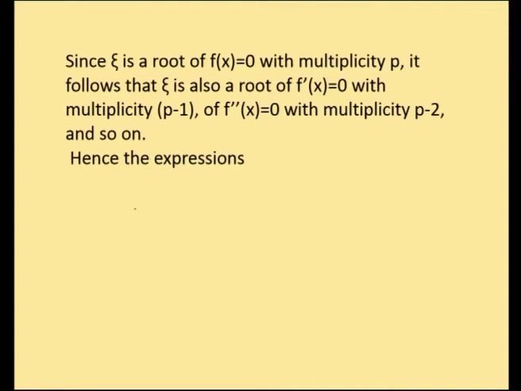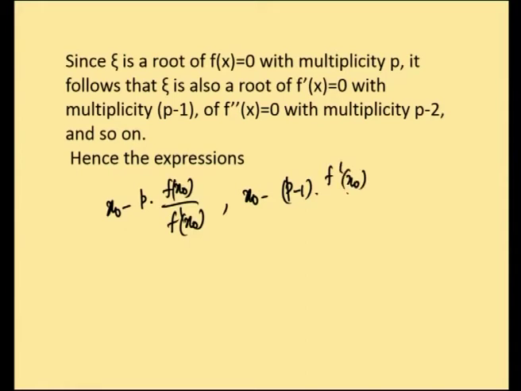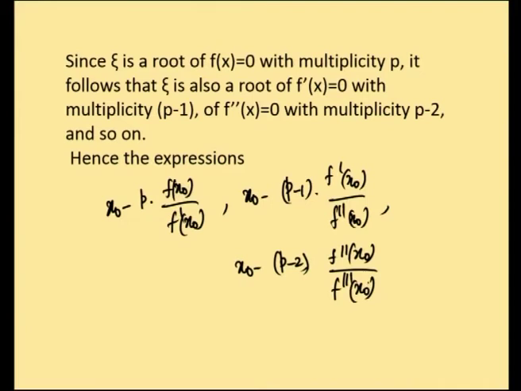Hence, the expressions x naught minus p into f of x naught divided by f dash of x naught, x naught minus p minus 1 into f dash of x naught divided by f double dash of x naught, and x naught minus p minus 2 into f double dash of x naught divided by f triple dash of x naught must have the same value,